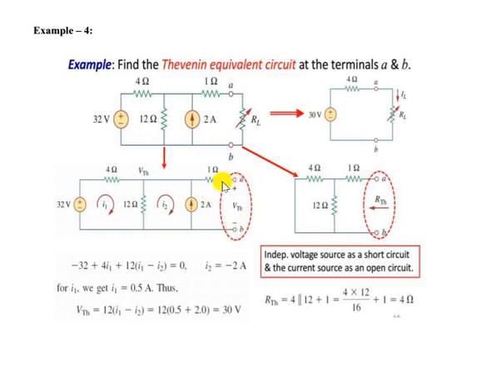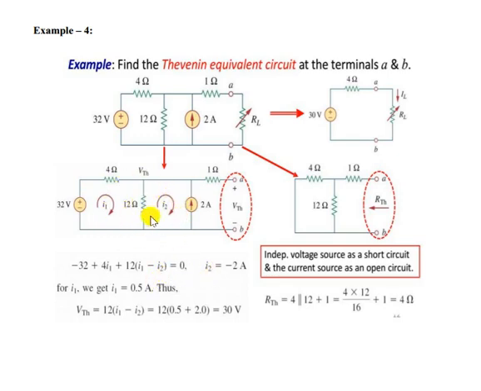Now what we can see, if this is open circuited, there is no current flowing through this 1 ohm resistor. That means there is no voltage drop. So this is in parallel with this 12 ohm resistor. Now if we apply KVL, here the example is opposite to the previous examples. Here as this is the direction of current, we encounter the negative terminal first, so minus, then plus 4i1, then plus 12 times (i1 minus i2) equal to 0.